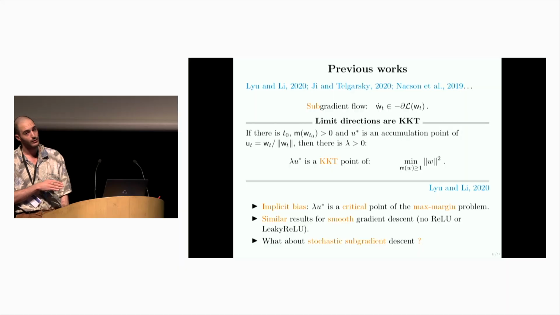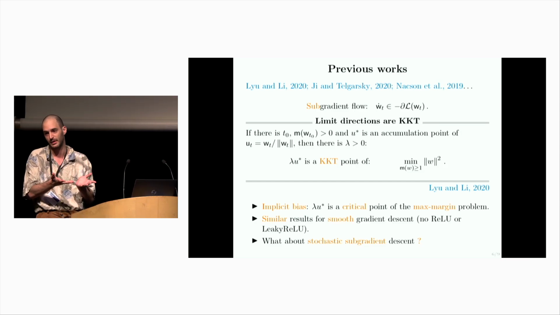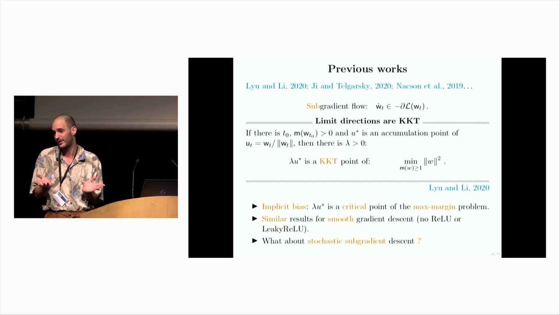But here you don't have any descent lemma or anything that's controlling. And the other results that came before? Yeah, but those are gradient flow or smooth gradient descent. For subgradient flow, you have a decrease of the potential at any point, and for gradient descent also, you have a descent lemma. In non-smooth, it would be very good to have such results, but it would be kind of a revolution in the non-smooth world. Usually in non-smooth, non-convex settings, we don't have descent.